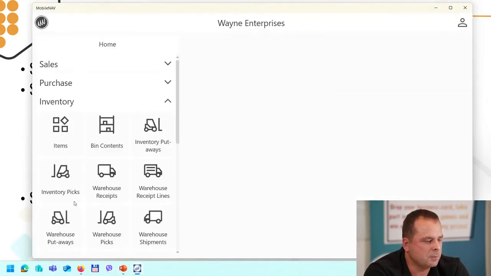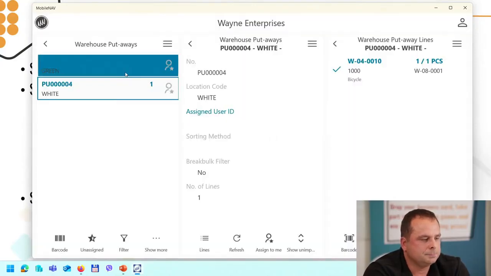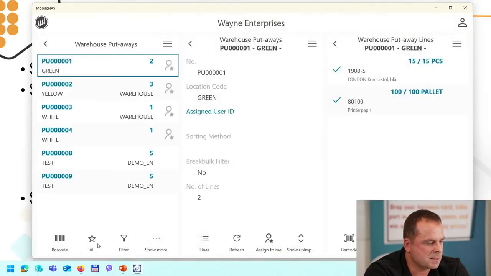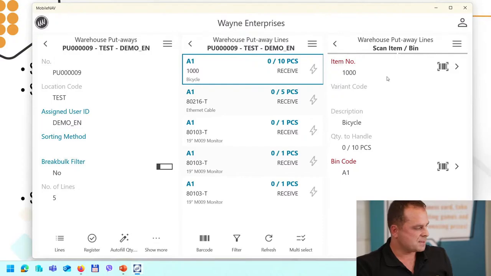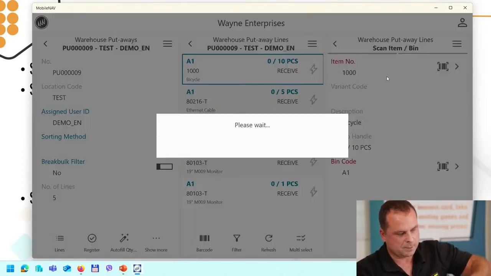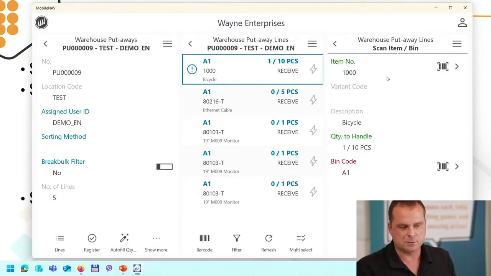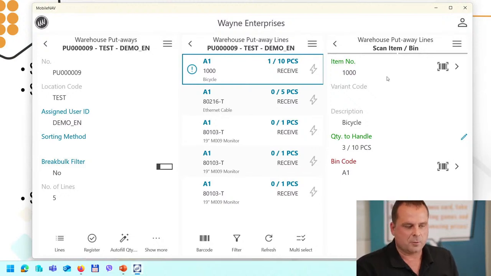Okay, let's see the staging quickly. I will go down to the putaways again, not the assigned one, but the old one, and I will go down to the bicycle and start the staging. So I will first read the barcode of the bicycle. As you can see, it started to increase the quantity by every scan. So let's say I have already scanned the bicycle 3 times,